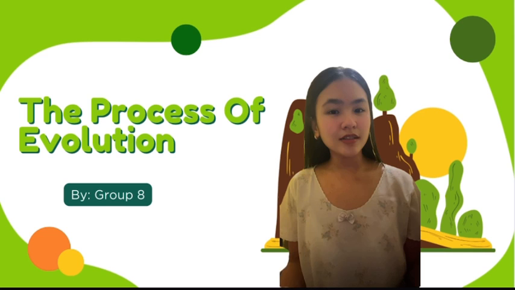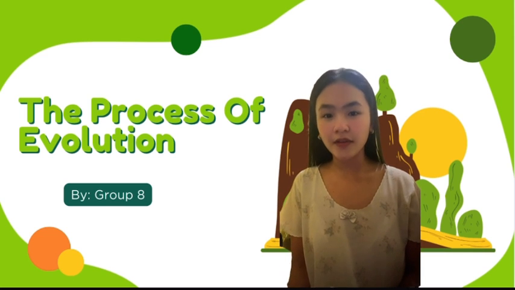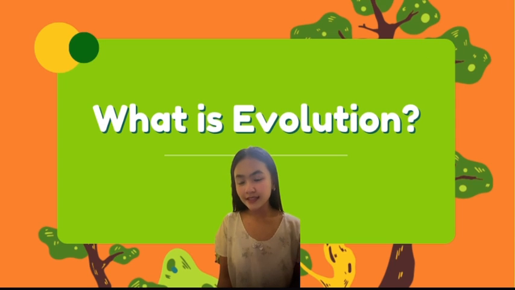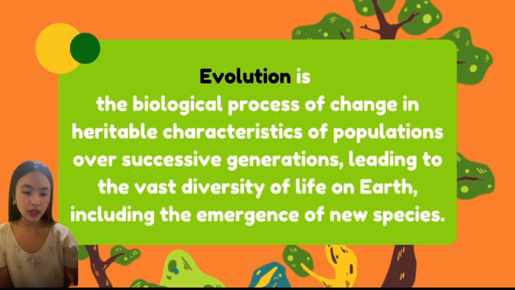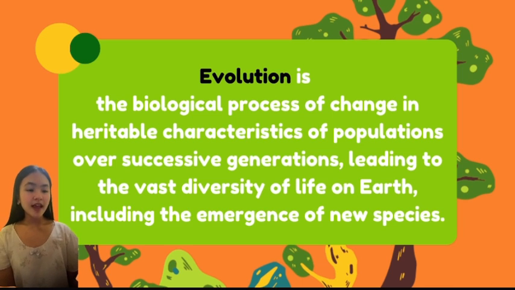Today, we are going to discuss the process of evolution. What is evolution? Evolution is the biological process of change in heritable characteristics of populations over successive generations, leading to the vast diversity of life on Earth, including the emergence of new species. In short, evolution is the change in the characteristics of a species over several generations and relies on the process